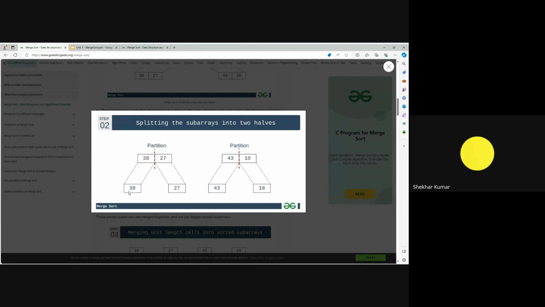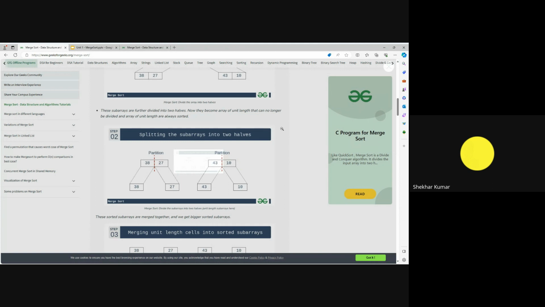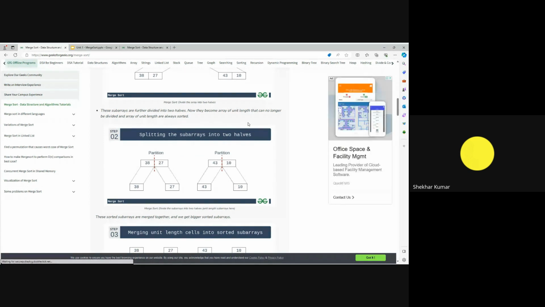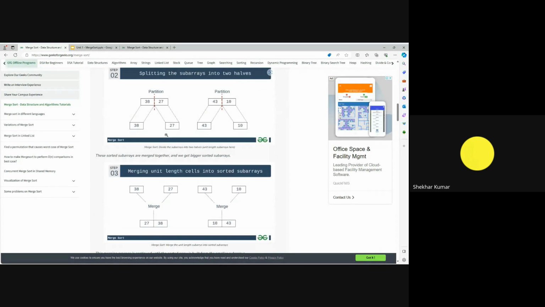Minimum means after that you cannot further divide that problem again and again. You have split that subarray into two halves. Now they become arrays of unit length, and you can no longer divide an array of unit length. After dividing the subarray into minimal parts,